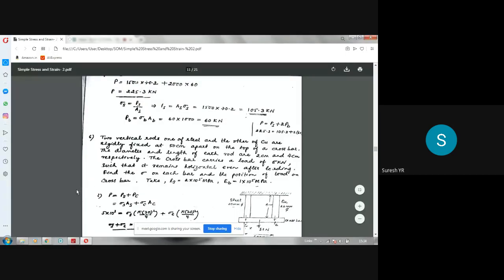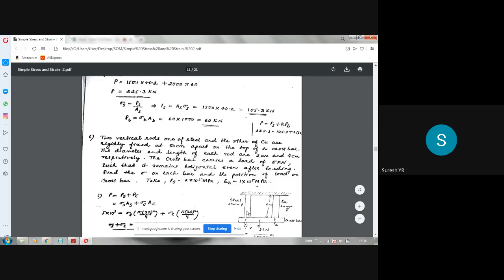Now the next problem: there are two vertical rods, one of steel and the other of copper. Cu means copper. So this is copper, this is steel. Both are having 20 diameter, and the length is also the same. So both are having 4 centimeter length, rigidly fixed at 50 centimeter apart. So the distance between these two is 50 centimeters, or if you convert everything to millimeters, it is